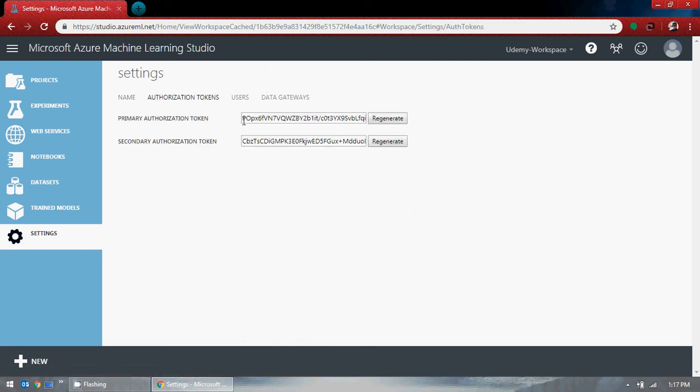So this is an authorization token, and you can regenerate it if you want. Secondary authorization token. So what's exactly the use of this is the question. Whenever you want to use a third party and you want to give this code to access this, but we are not using any third party code for now, right? As far as I remember, this was used when I used to have this website, right? So this has this token actually. Whenever I used to use this third party thing,